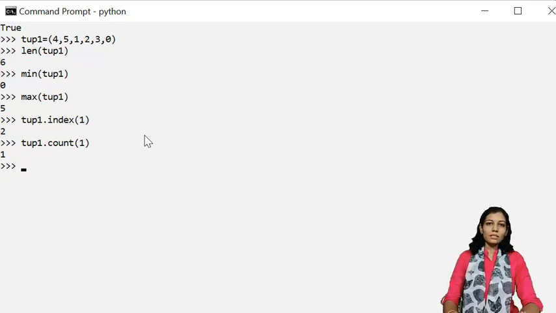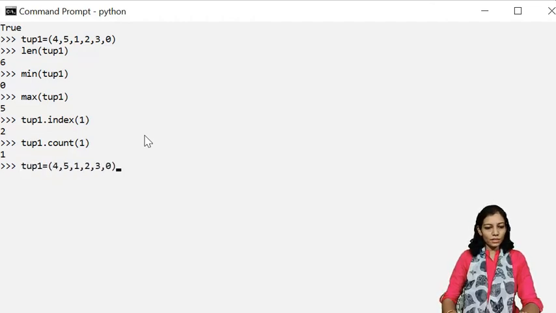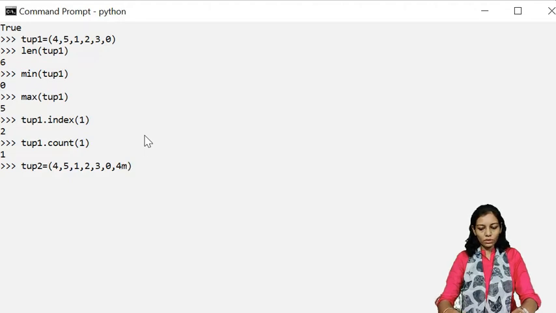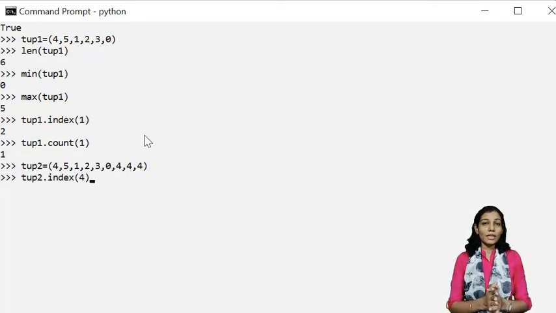Here we have not taken a tuple which has elements occurring multiple times. So let us alter it a little bit, and define one more tuple called tup2, and I am deliberately repeating element number 4 three to four times. Okay, now if I use tup2.index of 4, what do you think, which index will be returned?